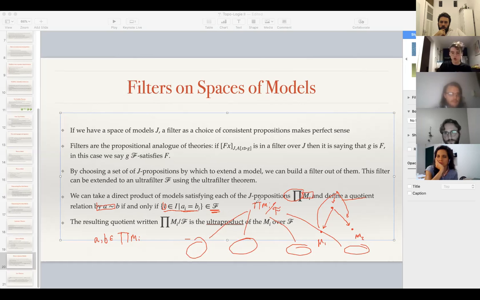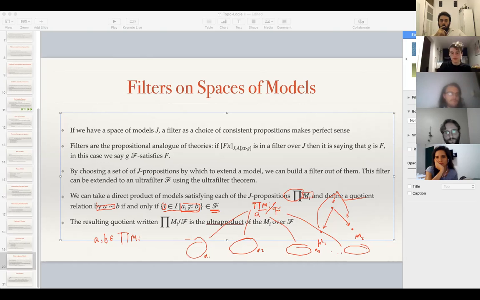Any two elements are going to be equal if their indices, because remember, this is a product, meaning that for each A, for example, there's going to be an A1, A2, A3, etc., because it's going to be elements from a bunch of models. So they're equivalent if wherever they agree is in the filter. So the filter, the ultrafilter,